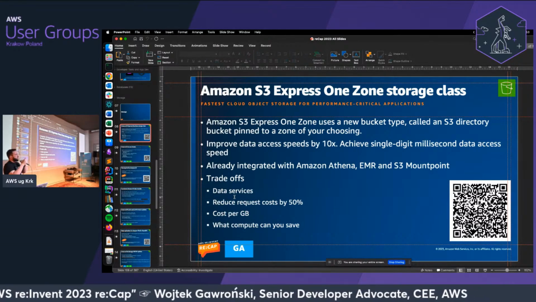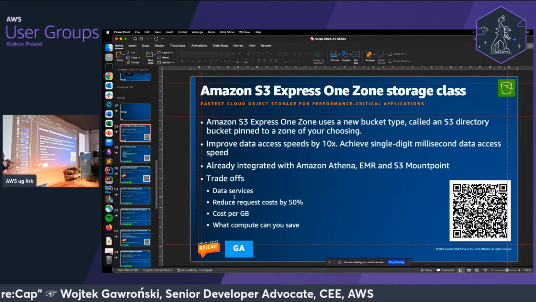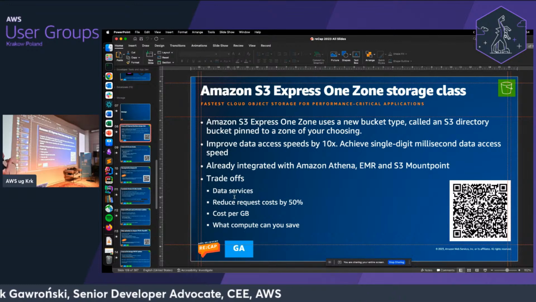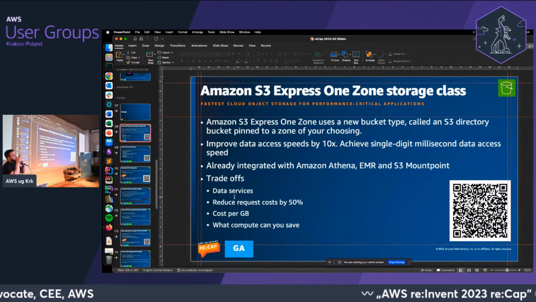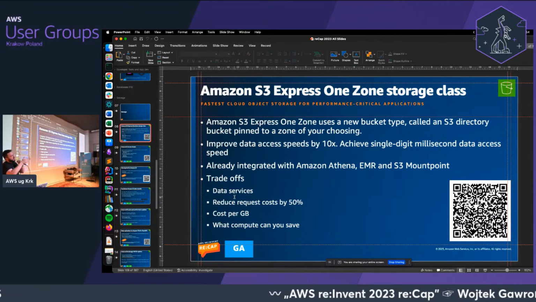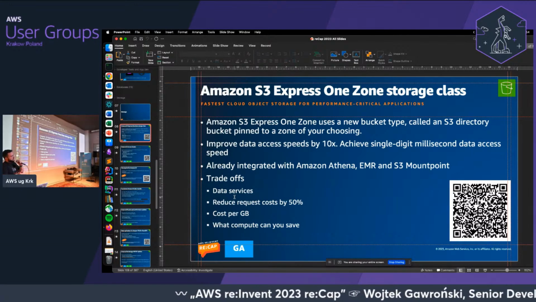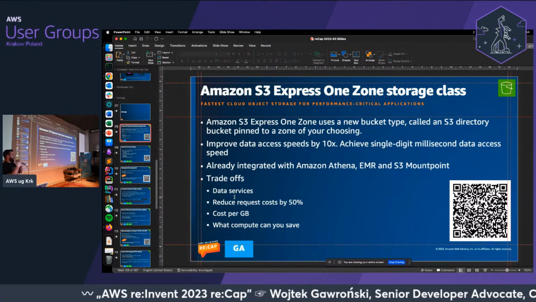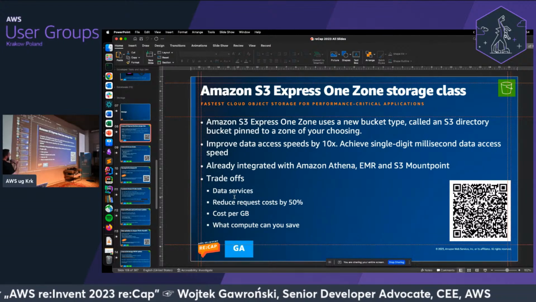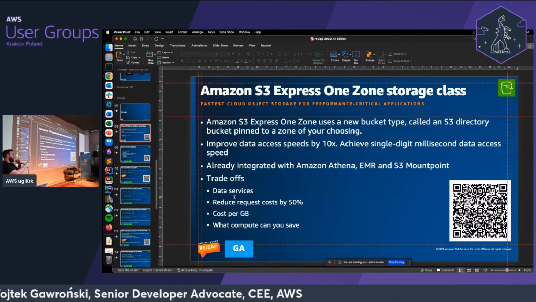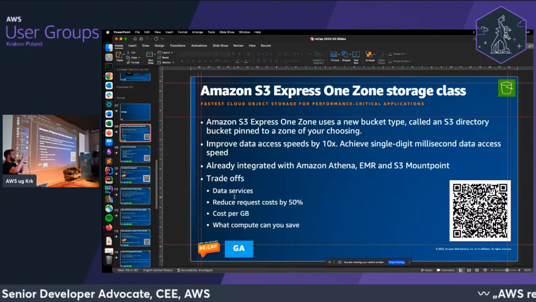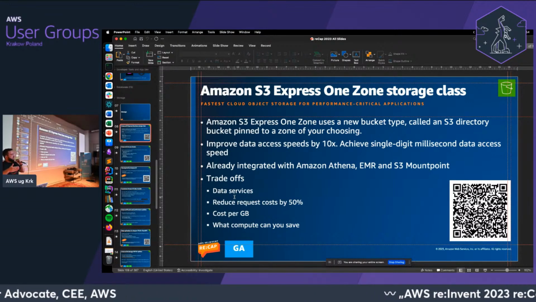And that's why the team prepared a new set of bucket types that allows you, with certain restrictions, to connect a particular bucket to your resources in that single availability zone with the lowest possible latency. Obviously, that has some design considerations. When you are creating that bucket, you are also saying in what availability zone you want to have that bucket.